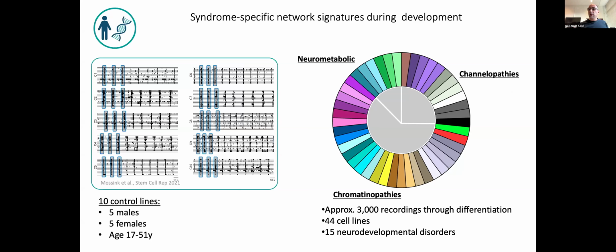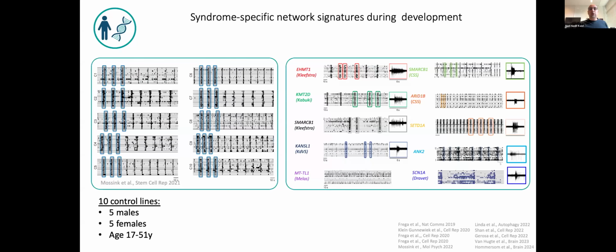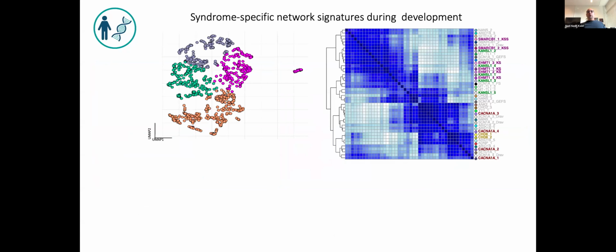Because one can of course imagine that if there are some molecular findings being done in another syndrome, and this syndrome might be very similar to Kleefstra syndrome, it can be very informative for Kleefstra syndrome itself. So we've done this for many different disorders, and this is just a snapshot of these networks, how they look like. But it becomes very quickly very complicated, and I just want to show you some piece of data